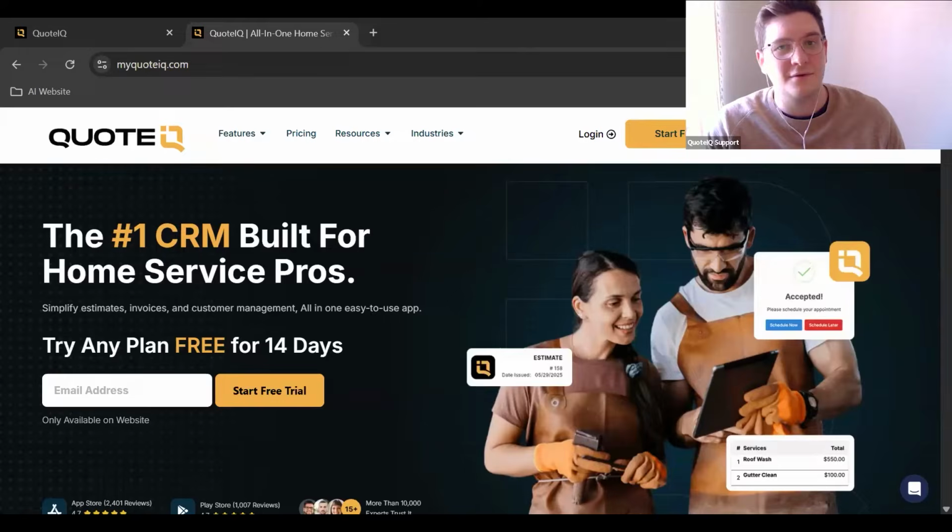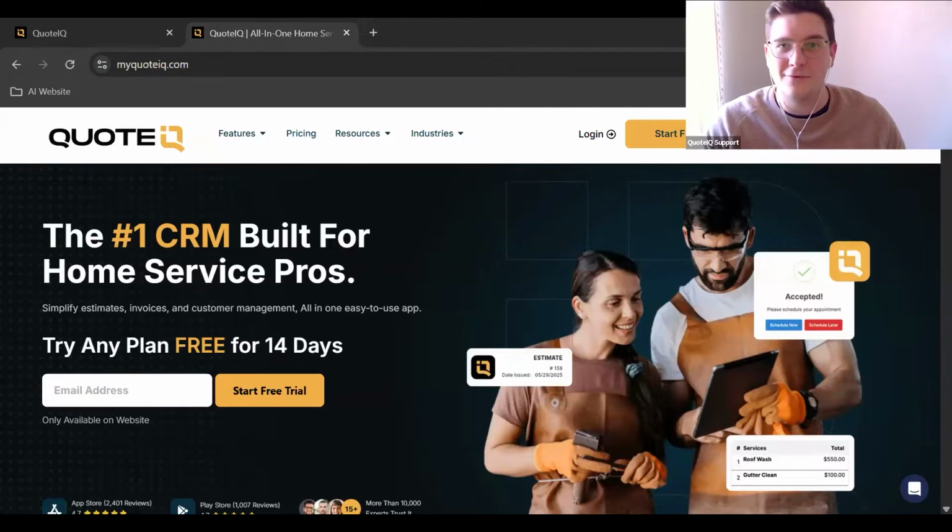Lastly, you might notice as we go through this walkthrough together, some of the information on the screen will be blurred out. That is okay. We did that on purpose. When you use QuoteIQ, you don't have to worry about that happening on your end. But just for the sake of the video being here on YouTube, we want to make sure we are following all of YouTube's policies and regulations. If we didn't blur some of this data, then they might take down the video. But with that being said, let's jump right into this tutorial and hopefully knock out all the questions